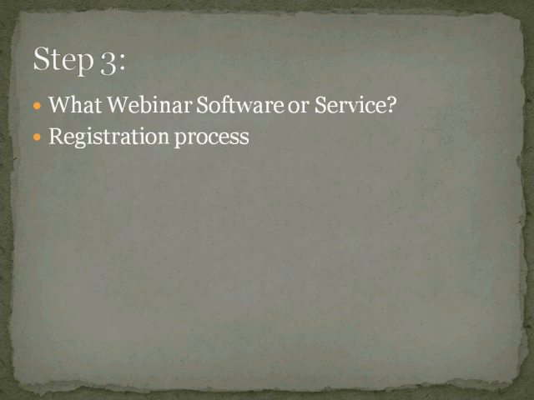In step 3, you need to figure out what webinar software and service you are going to use. In this case, we're going to use GoToWebinar because that's very, very easy to use. In terms of pricing, you get a 30-day trial and you can check it out for yourself. For the initial pricing, you get about 100 attendees that can come to your webinar. Now, of course, if you have more attendees, it's going to cost a little more money. But I would recommend that you have a live webinar first, and then use the method of replaying those webinars over and over again in the long run.